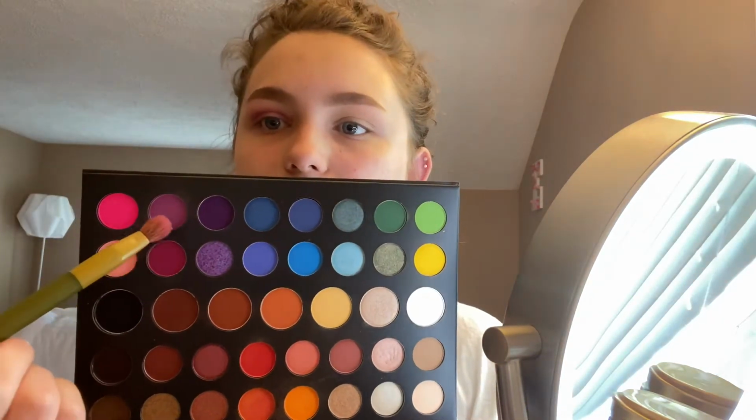And then I went ahead and dipped in off camera into this really light purple shade and this pink shade and kind of went in the crease. So I'm going to do the same thing to the other eye. Okay, so I also blended it onto my lid a little bit,